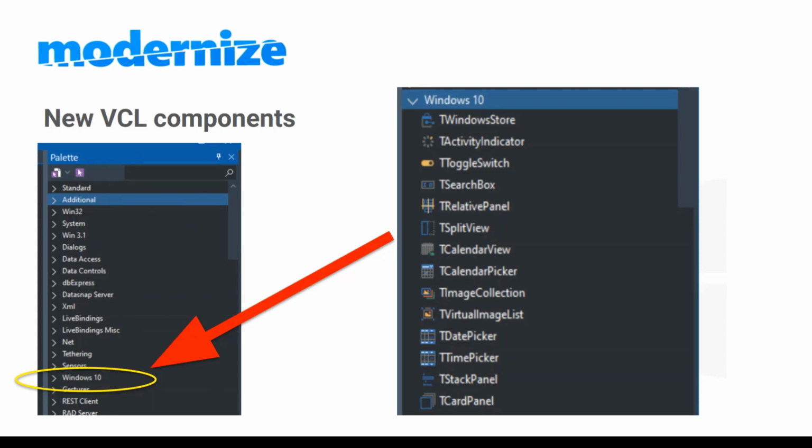The split view, if you think of most modern Windows 10 apps, they tend to have a little bar down the left-hand side, which has got some pretty icons on. And if you click on those icons, different application pages appear. You can have a hamburger menu, as it's called, the lines across them, and things like that. That is a very common user interface paradigm for Windows 10, and so the split view is that. It's the equivalent of the thing that you get in FireMonkey for the TMultiView